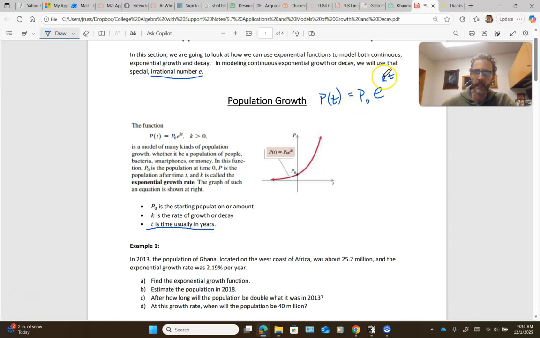And then k is going to be the rate of either growth or decay. So think about when we were talking about interest or the growth of an investment. In that situation, k would be just whatever that interest rate is, and you have to express it as a decimal. And then finally, P naught here is going to be the starting population or the starting or initial amount. Because we're not always going to be talking about population growth or decay, as you'll see. But anyway,